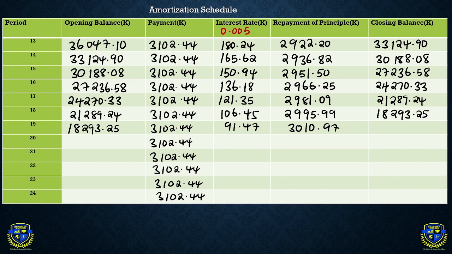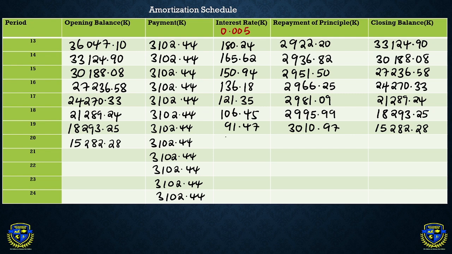Subtracting the 3,010.97 from 18,293.25, that is going to give us a 15,282.28. Okay, opening balance in period 20, that's going to be 15,282.28. Multiplying that one by 0.005,